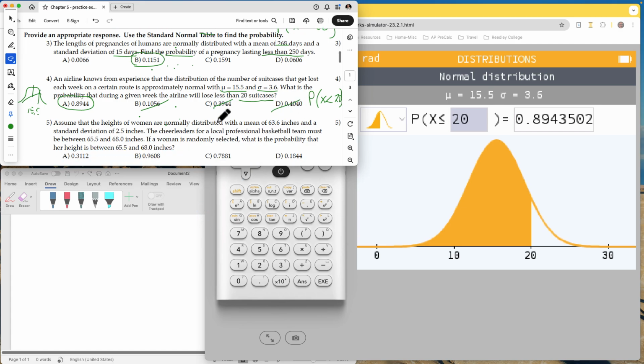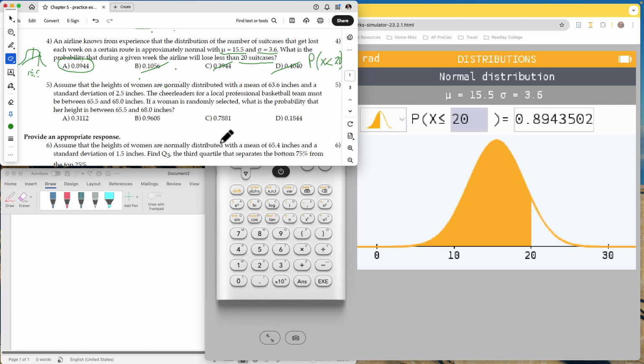Okay. Number 5, assume that the heights of women are normally distributed with the mean. Again, you're just using the same tool. We've got a mean and a standard deviation. You could read this if you like. Cheerleaders for the local professional basketball team must be between these heights, 65.5 and 68. If a woman is randomly selected, what is the probability that her height is between these? Okay,